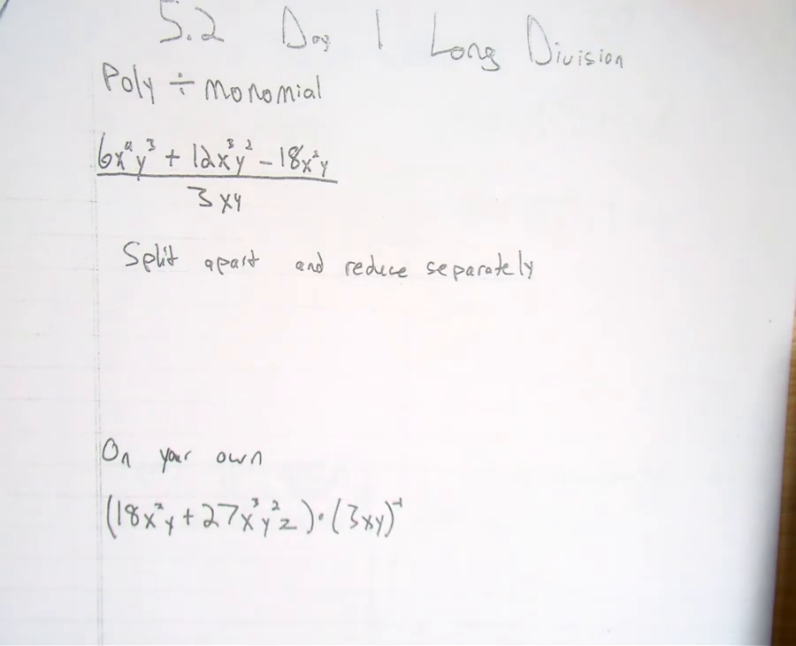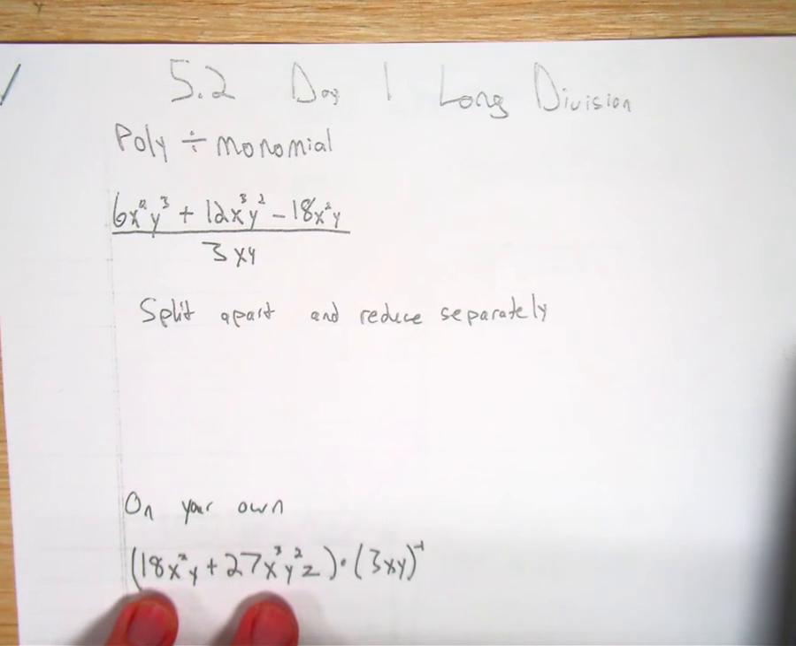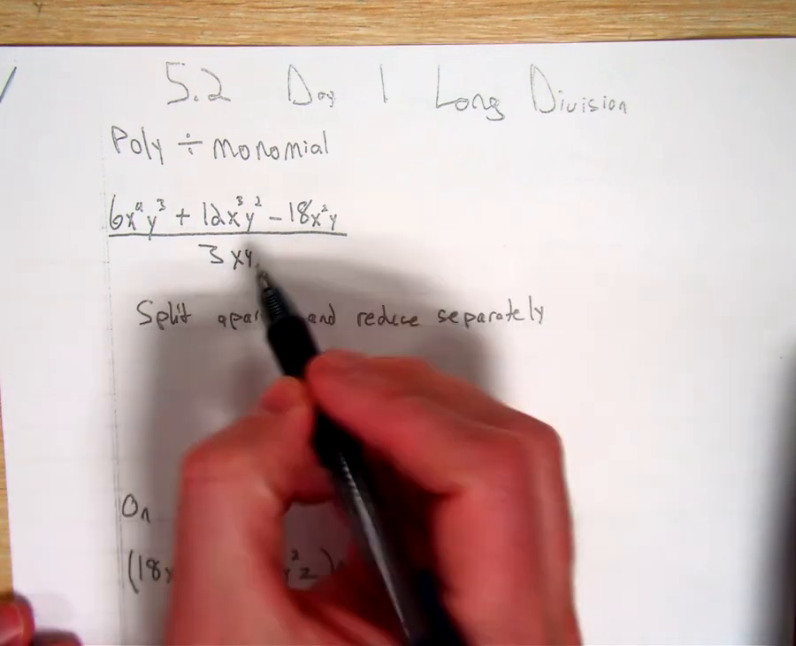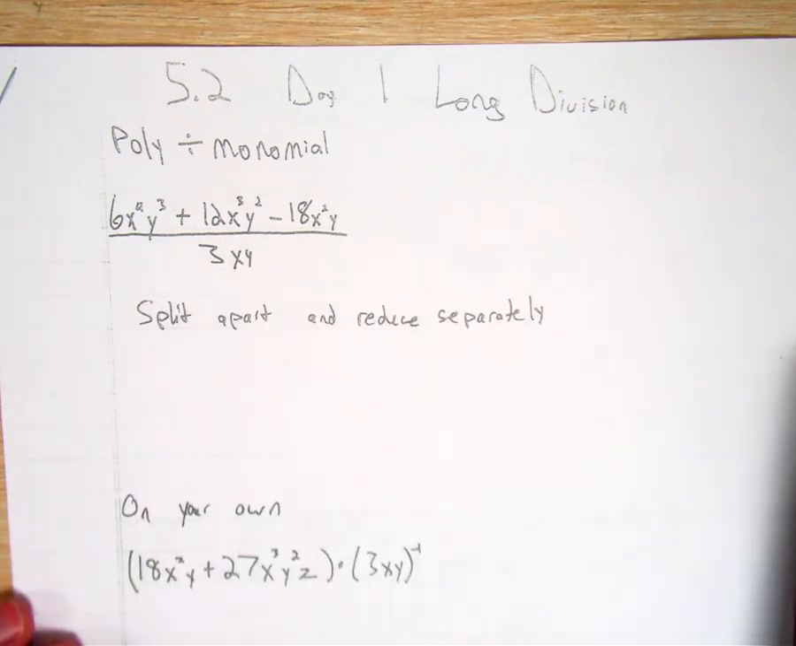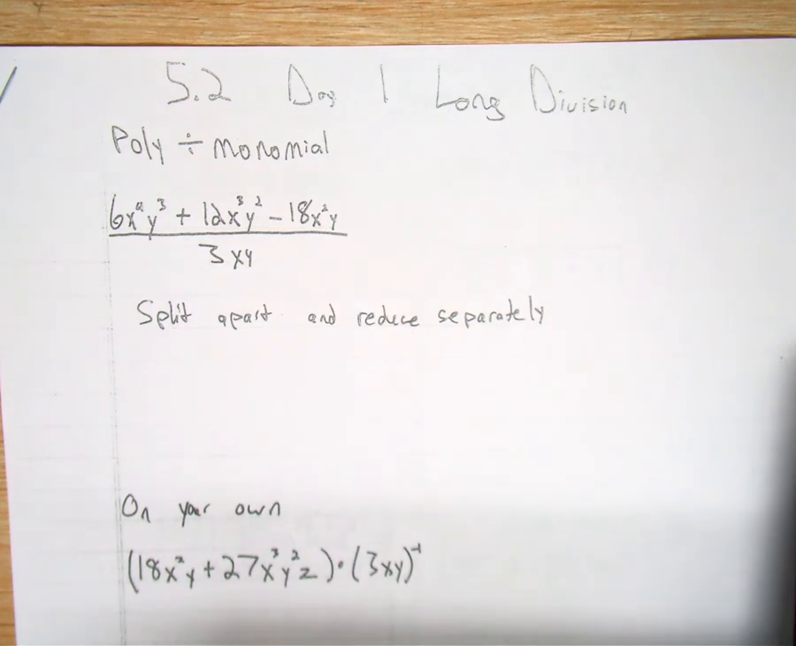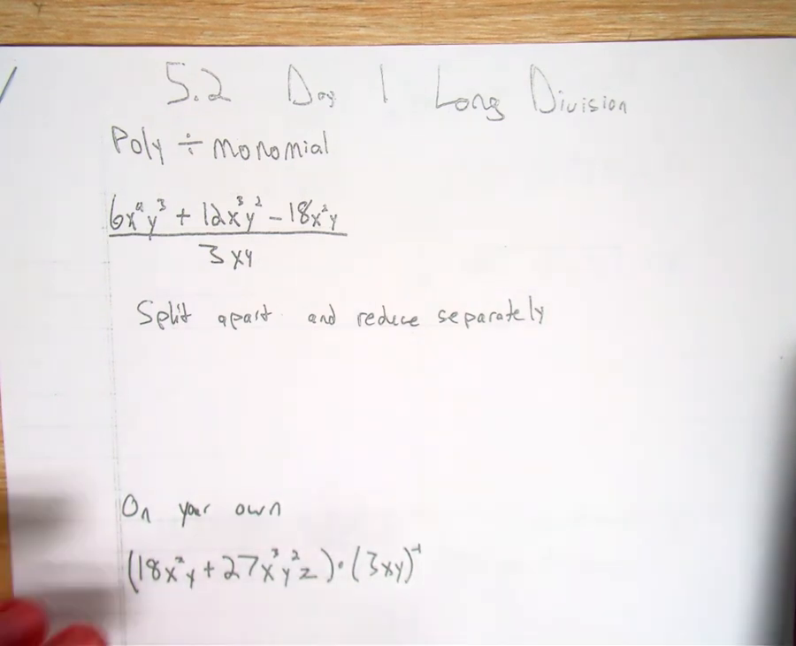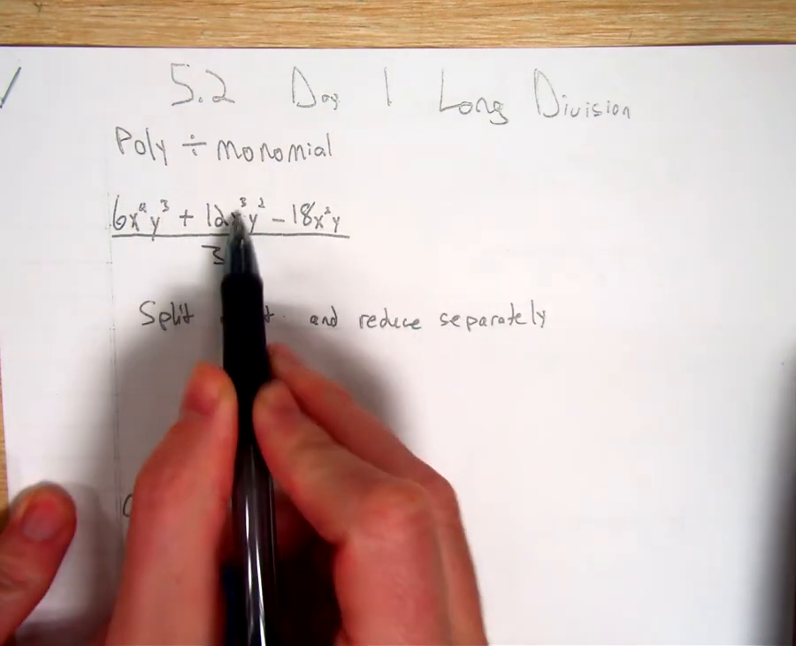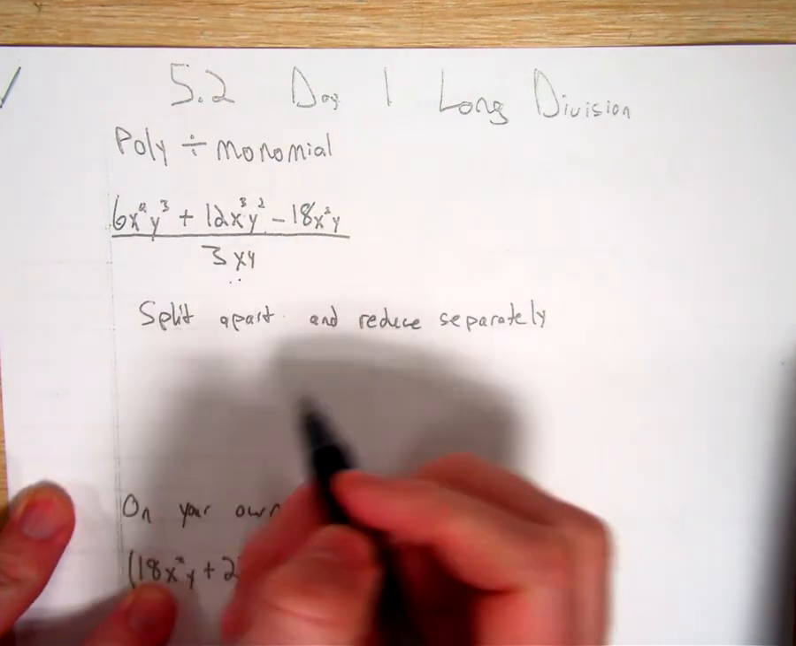Hello, Algebra 2. Here we are with day 1 of section 5.2, long division. So our first type of division problem we have is a polynomial divided by a monomial, just one piece on the bottom. And our main strategy for these is to split them up and reduce separately. Okay, so we're going to have this over this, plus this over this, minus this over this, and reduce it